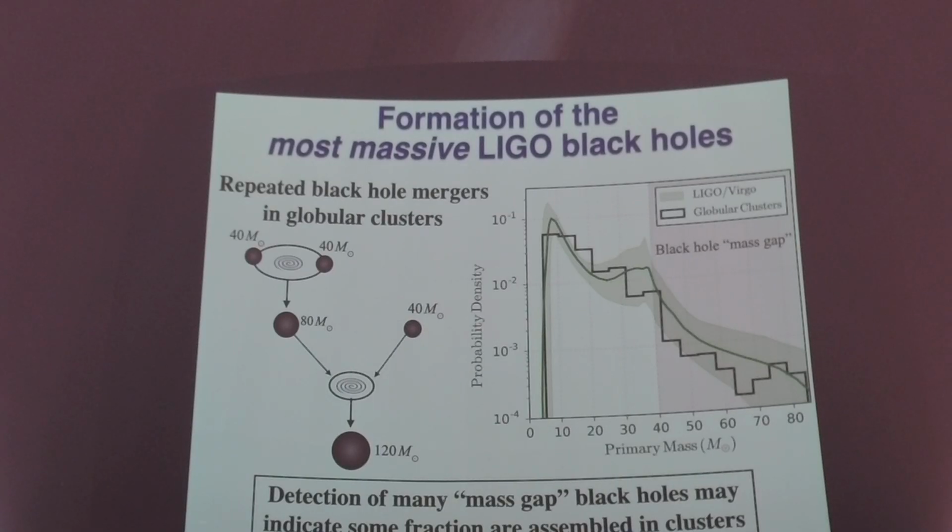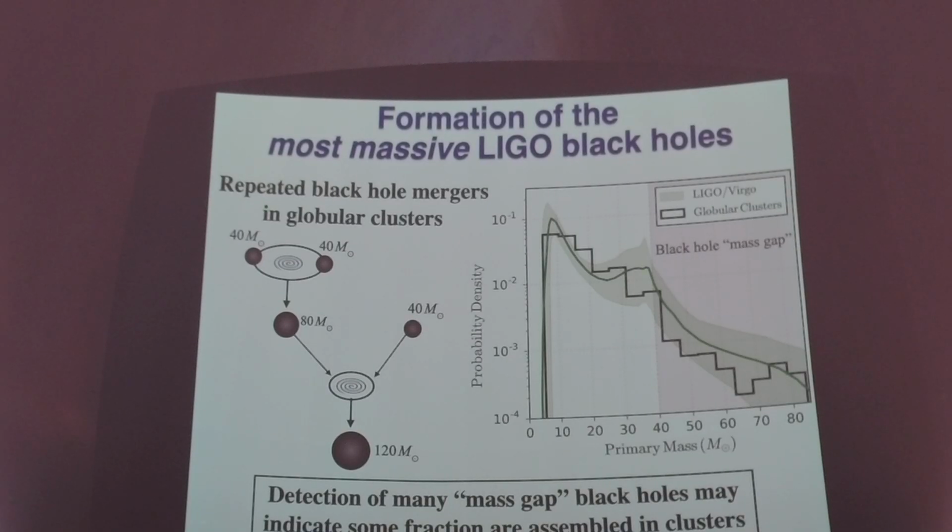Yeah. You described the evolutionary cycle of stars with globular clusters and also black holes. What about the future evolutionary cycle of the globular clusters themselves? What are they going to be like? What are they going to be made of? Okay, so